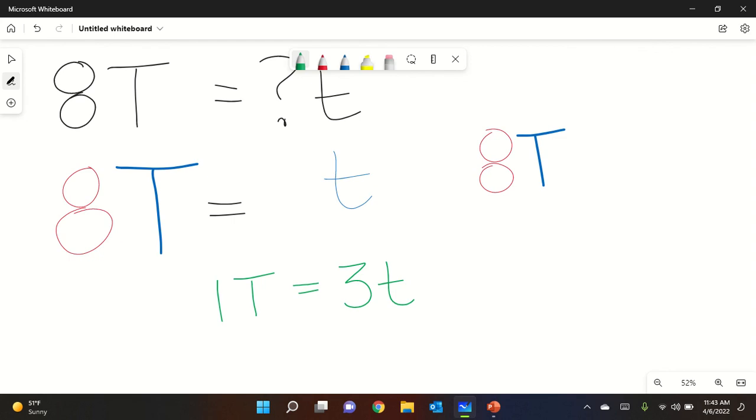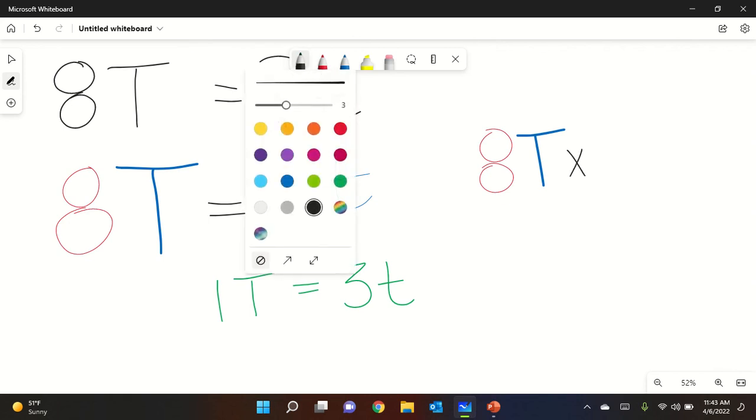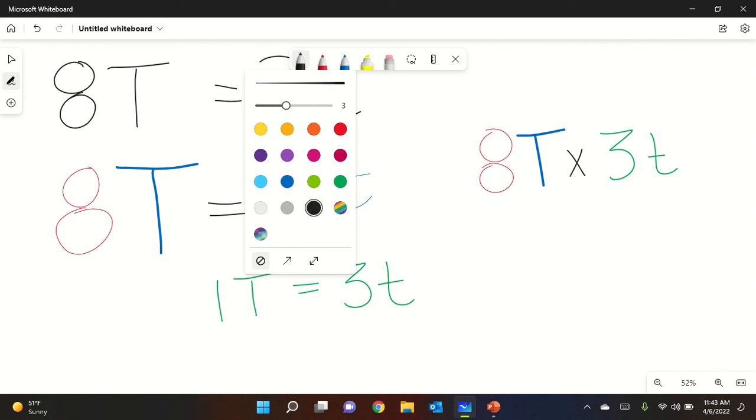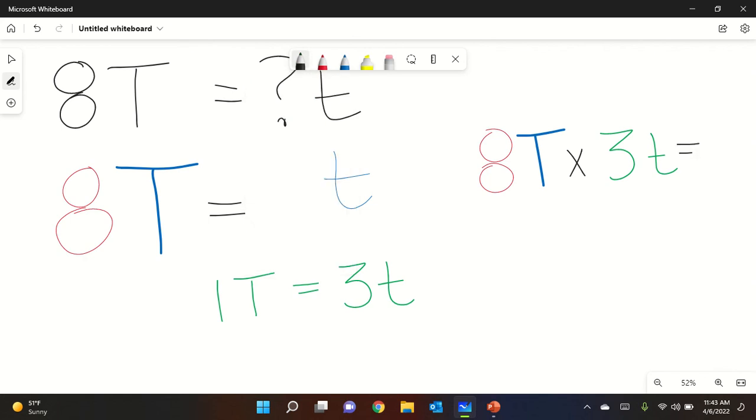We want it to get bigger. Are we going to multiply or divide? We're going to multiply, right? That's what this means. If our number has to get bigger, we have to multiply. We're going to multiply it by our conversion, so 3 teaspoons. We could do the whole division thing and say teaspoons per tablespoon, but we understand that that's not super necessary. And we can just do that math. 8 times 3,